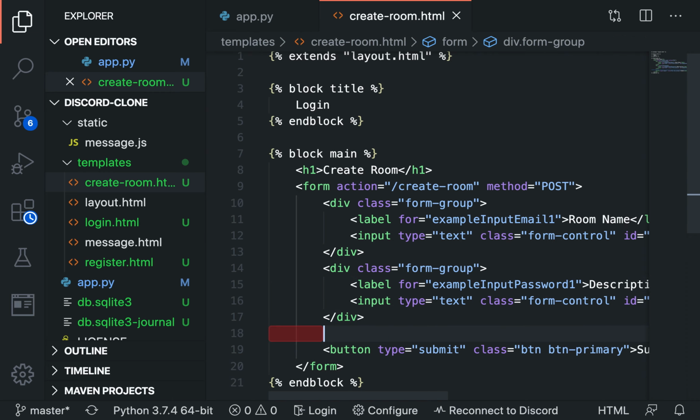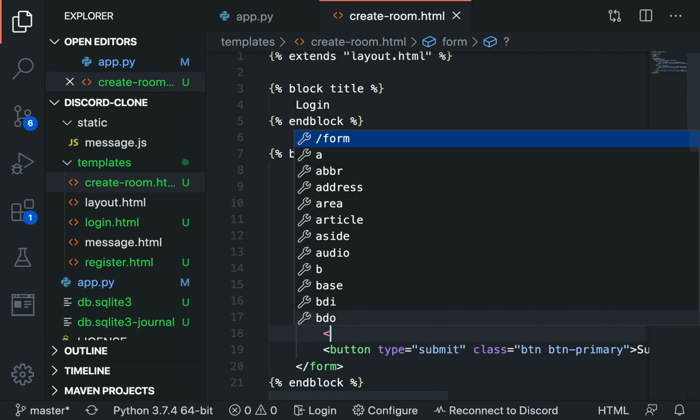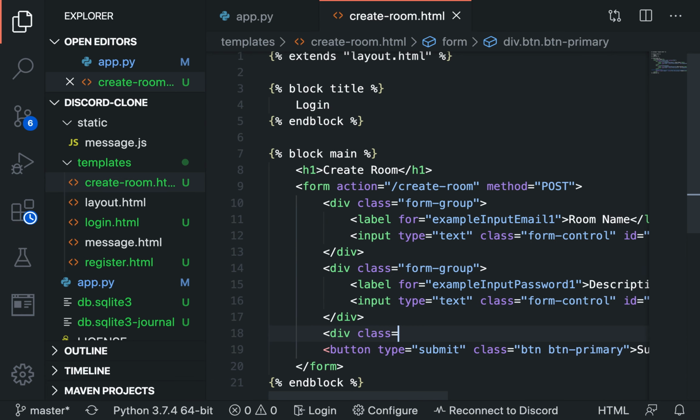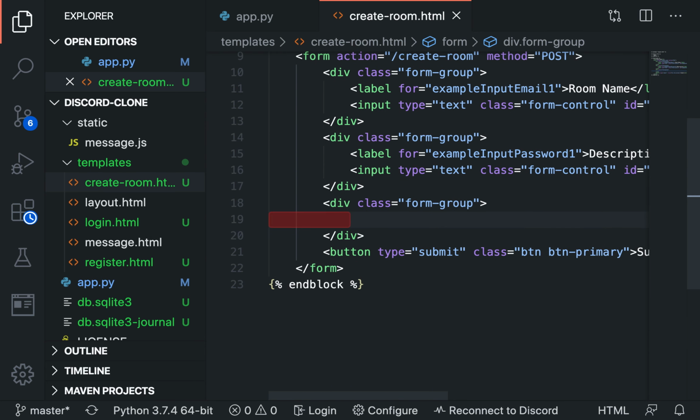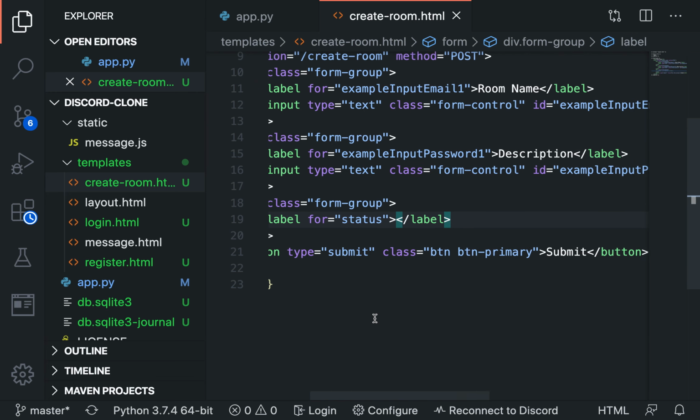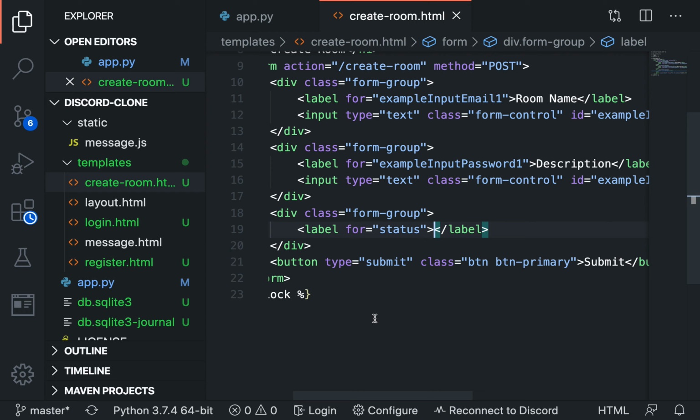And then we will go create a select field. So this is a single select. So select what kind of room it is, the status of the room. So we can say div class equals form-group, and then here I will say label for, let's just say status, and then this is going to be